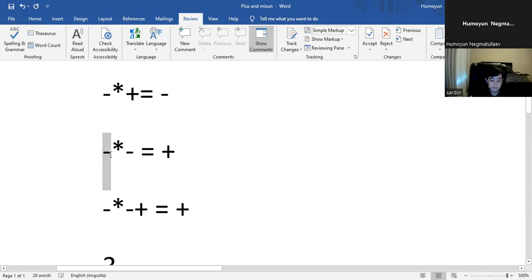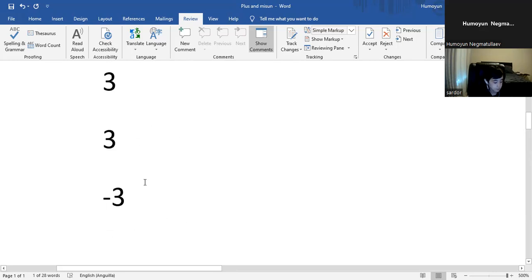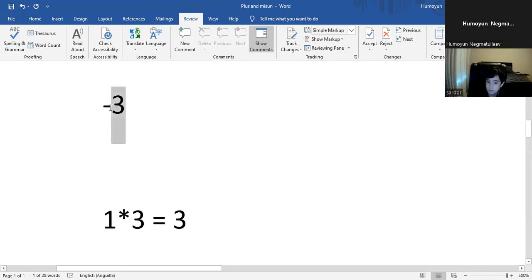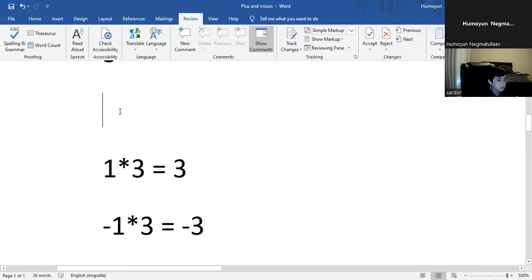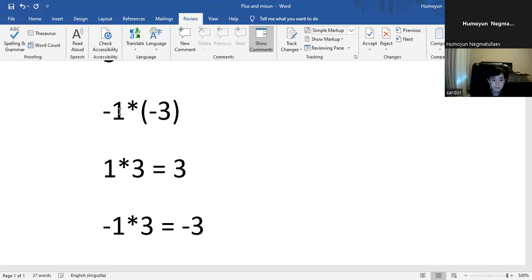Just imagine, minus multiplied by minus, and the result is plus. Yes, plus. For example, let's write some numbers here. -1 is multiplied by, in brackets, another minus, -3. Look at your screen. So the result is going to be